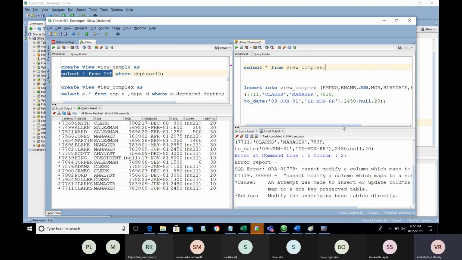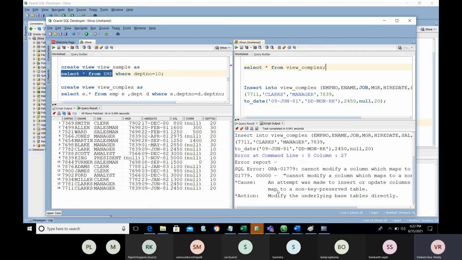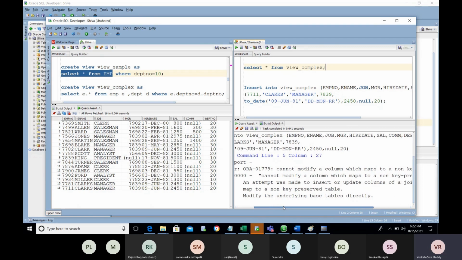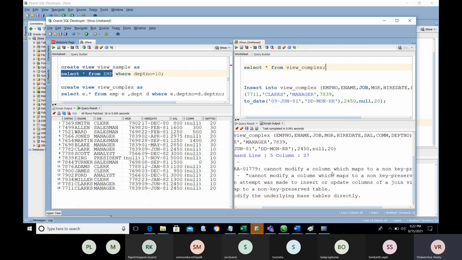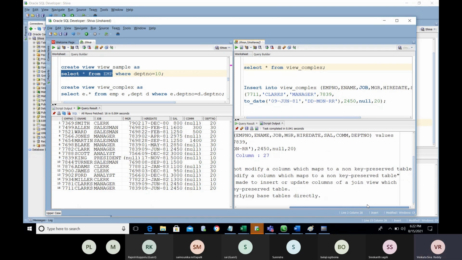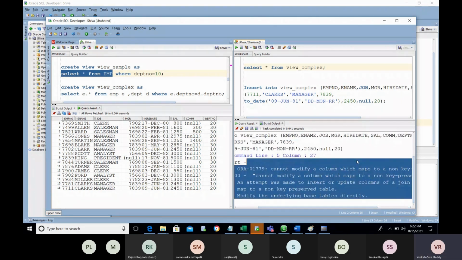In a similar way, I am going to update or insert. I am doing the insert here. It is showing cannot modify a column which maps to a non-key preserved table. So this is called a complex view.